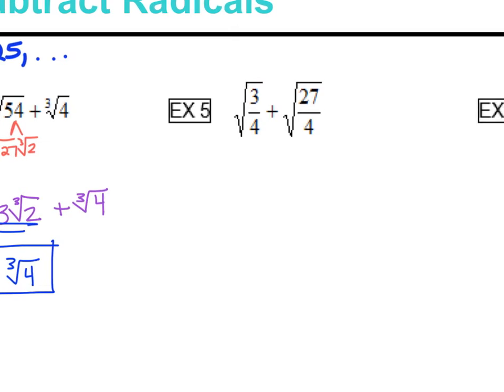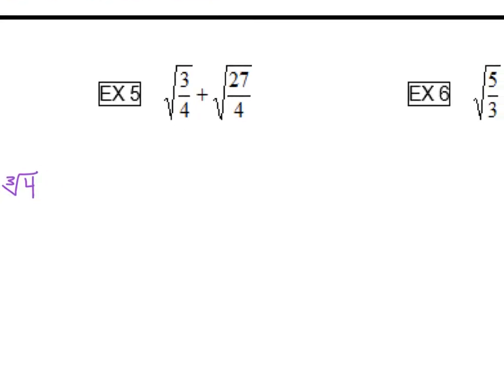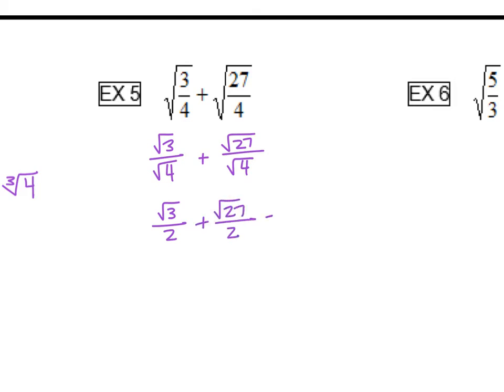All right, moving on to the next one. Well, I'm sure you're excited to see fractions. These are square roots, so we're back to our square roots. Square root of 3/4 can't be reduced. Square root of 27 over 4 can't be reduced. So let's go ahead and break this down. We have the square root of 3 over the square root of 4 plus the square root of 27 over the square root of 4. So that really is the square root of 3 over 2 plus the square root of 27 over 2, which gives us